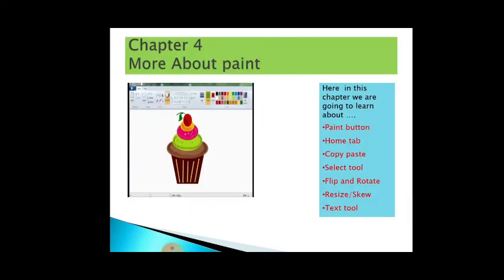Last class, in the second standard, we hope you have learnt about the basic tools like the rectangle tool, pencil tool, eraser tool, triangle tool, oval tool, then the colors group and brushes. Here it is a little bit higher, that is, more about Paint. In this we are going to learn what a Paint tab is and how to copy the image, move the image, rotate the image and stretch the image, everything.